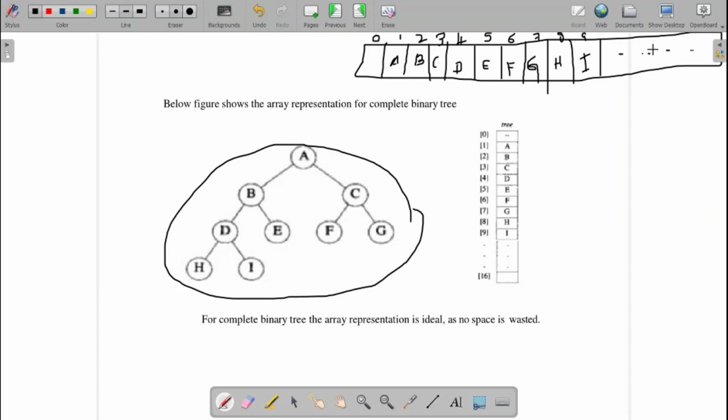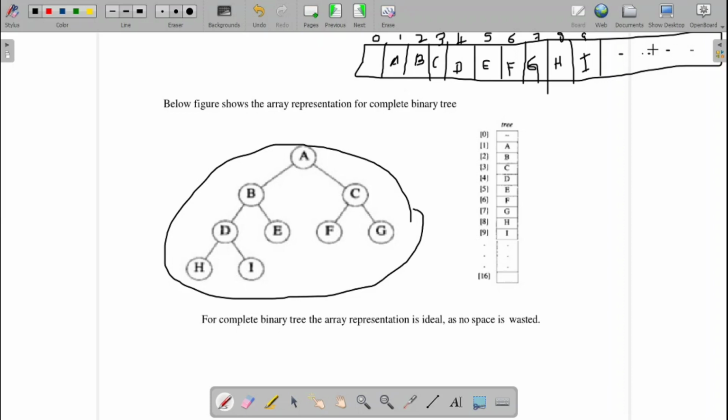So now in this notation, if you observe, there is no unused space except the zeroth index, which was left blank intentionally. That is, if the tree is a complete binary tree, then the array representation has a higher advantage. All the places are used over here.